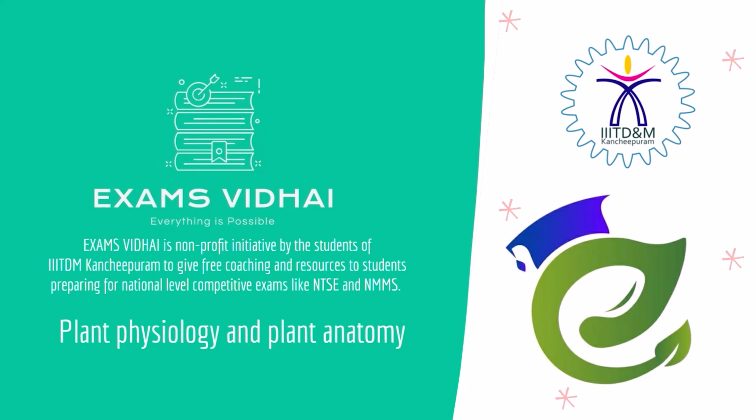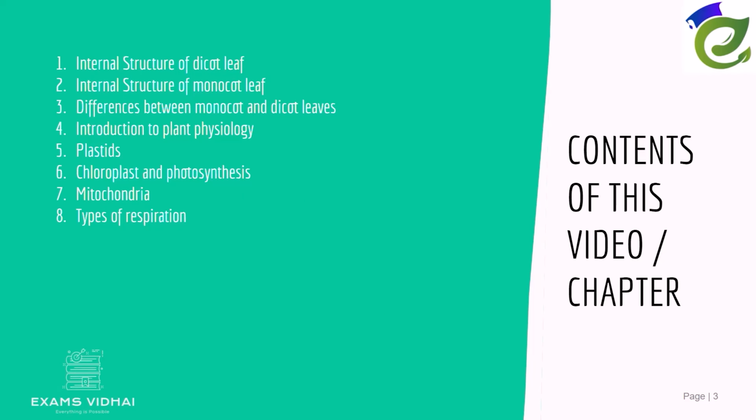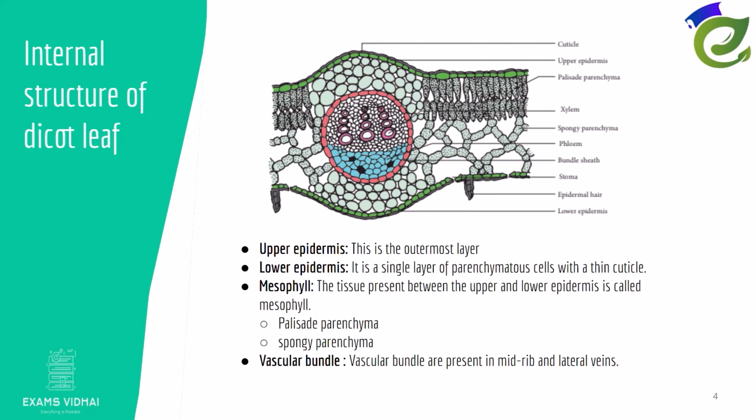So in this second part, we'll be looking into the internal structure of the leaf and then the differences between monocot and dicot leaves. Then finally, we'll be diving into plant physiology and then different organelles of a plant cell. So coming to the internal structure of the dicot leaf, the transverse section of the dicot